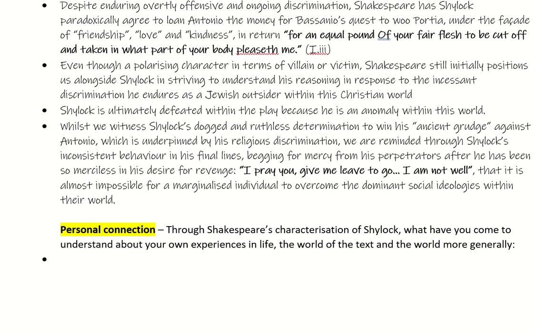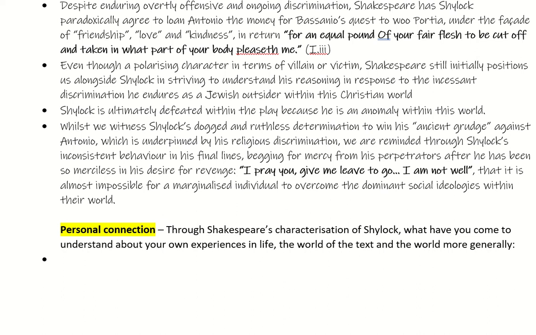Again, I've got there a point. Shylock is ultimately defeated within the play because he is an anomaly within the world. That means that he doesn't fit. He's an anomaly because he is an outsider. He's not a stereotypical character within this world of the play. So again, the fact that Shakespeare ultimately has him destroyed at the end of the play is because he is different.